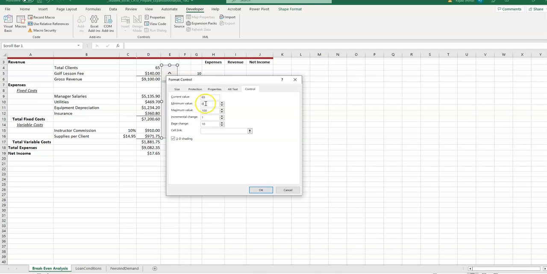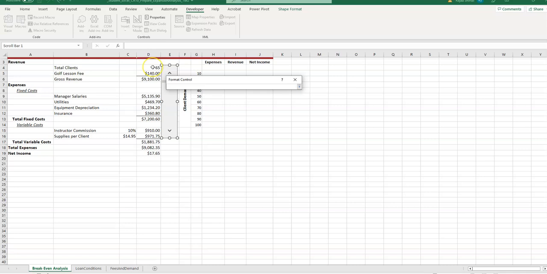The minimum value that we want to start with is 60, up to 120, and increment by 1. Leave the page change. And this is the important part, because it's going to connect to one of these cells. We're going to connect to cell D4